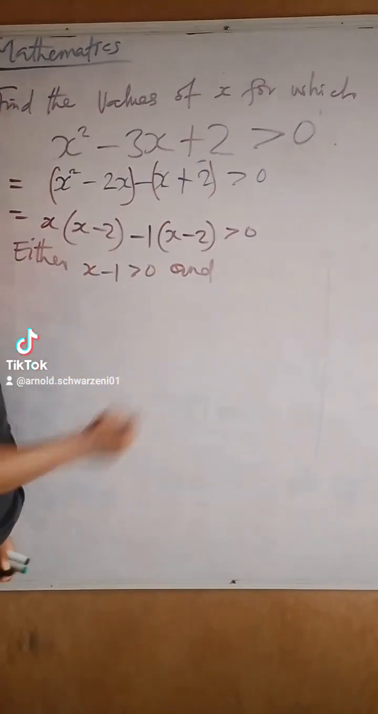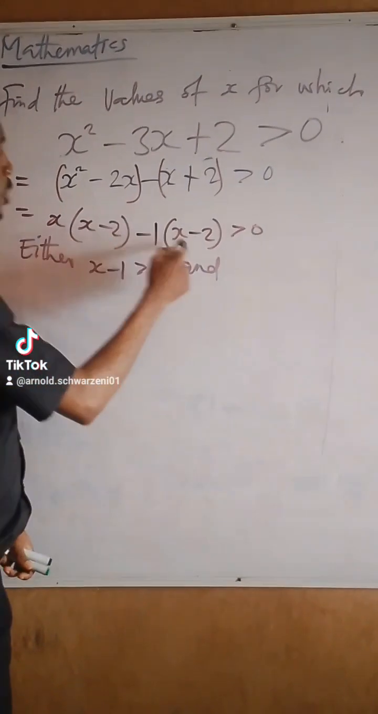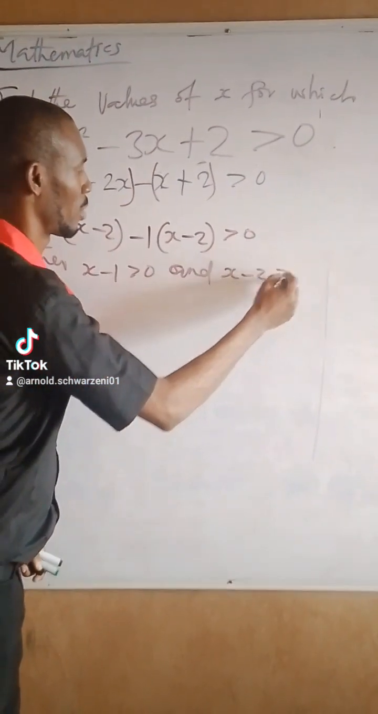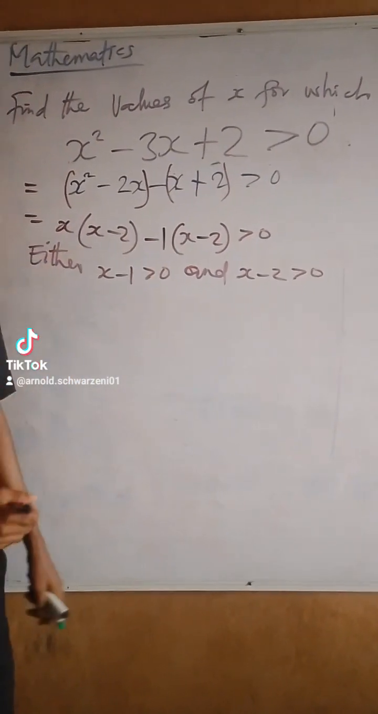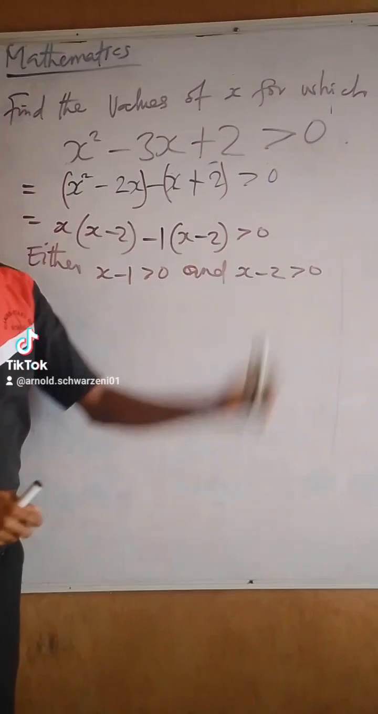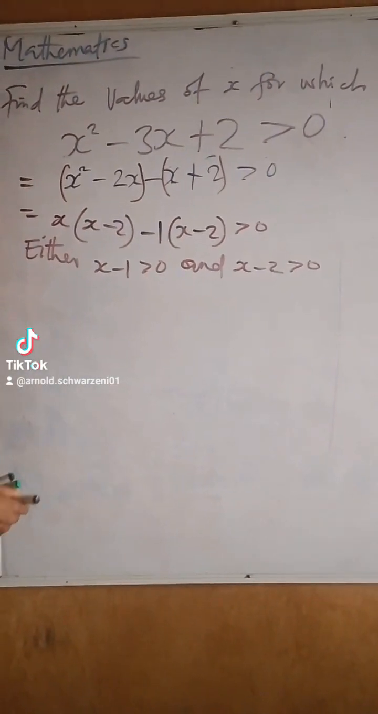and s minus 2, because we have double, 2 things that are of the same thing. So we take one of the common factors, right? Is greater than what? 0. The next thing we do is